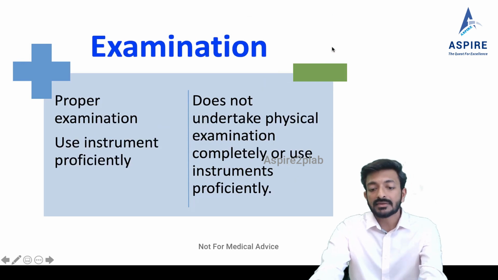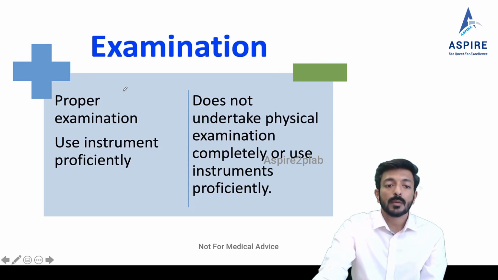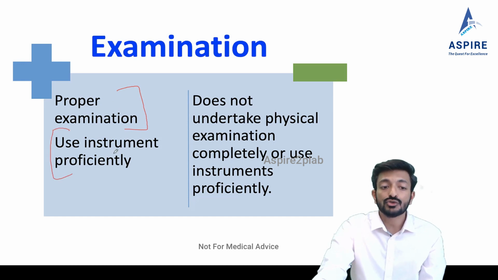Right? Then we have got examinations. So we need to do proper examination, and we need to use instrument proficiently. So you'll be given some instruments as well in some of the station. For example, you're doing diabetic foot, so you may be getting like tuning fork, like hammer, like cotton wisp, isn't it? So you'll be having lots of instrument. In some of the station, you'll be getting otoscopy, fundoscopy, right? And you may be having antenatal examination, where you'll be checking fetal heart rate. So lots of things you'll be having. So they will be checking if you're able to use the instrument proficiently or not.